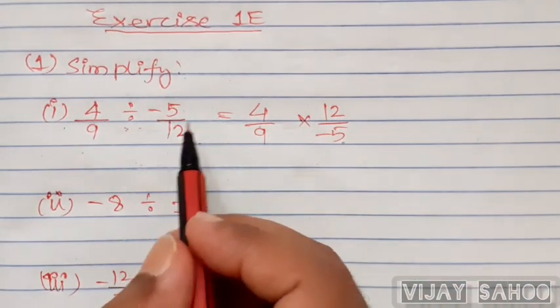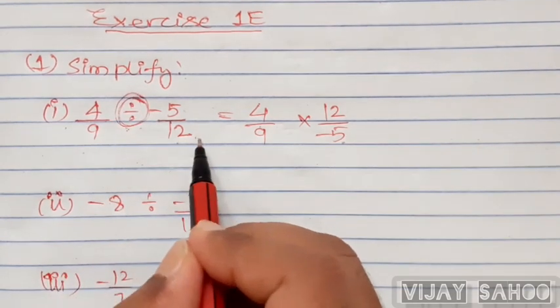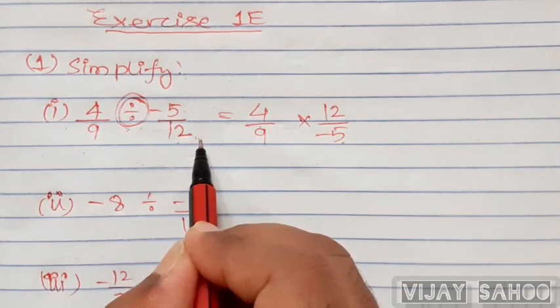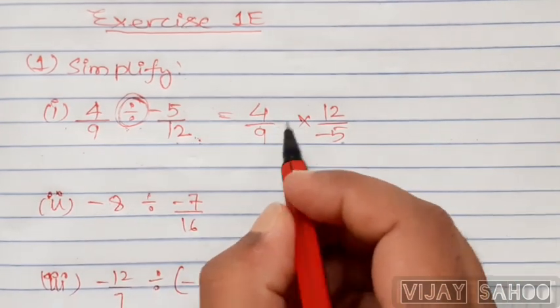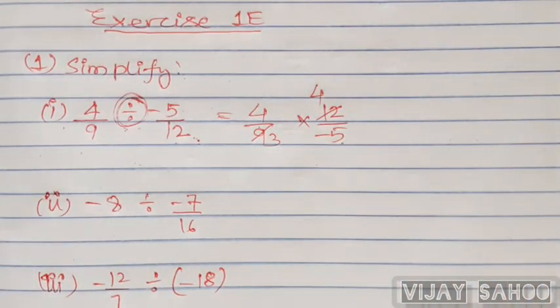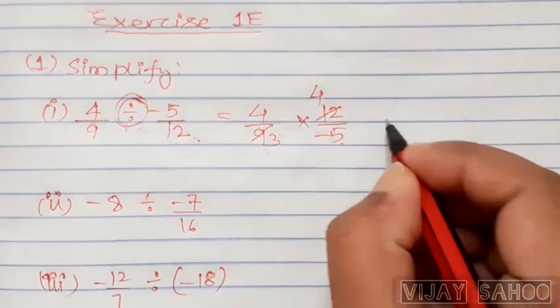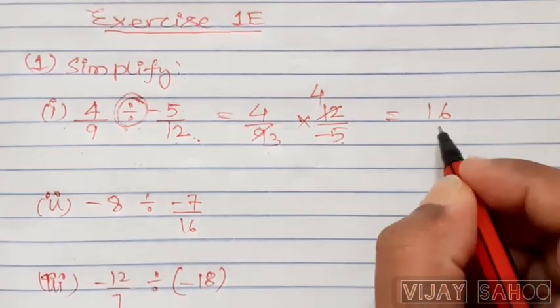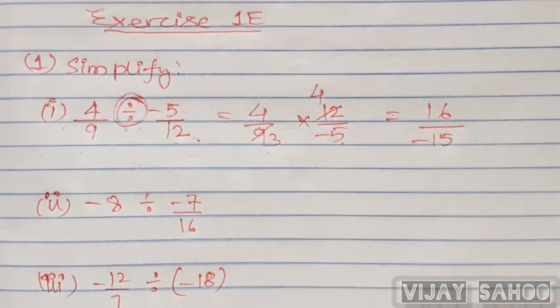मैंने क्या किया, यहाँ पे मल्टीप्लिकेशन साइन लिया और ये जो नेक्स्ट टर्म है उसमें रेसिप्रोकल. ओके, सो अगर कैंसलेशन पॉसिबल है इन दिस, विल डू दैट, देन विल सी. 3 3s are 9, 3 4s are 12. Is there any other cancellation is possible? No. So the final will be 4 into 4, 16, 3 into minus 5, that is minus 15.